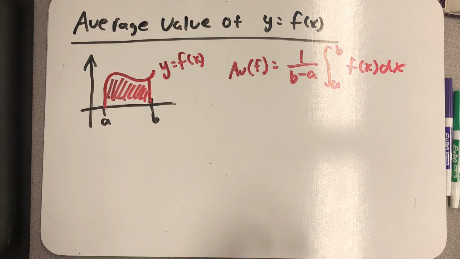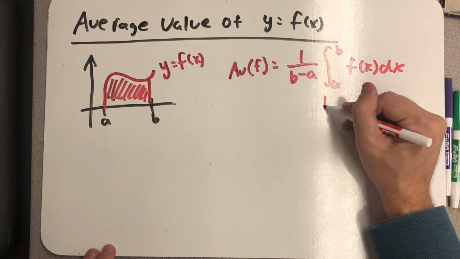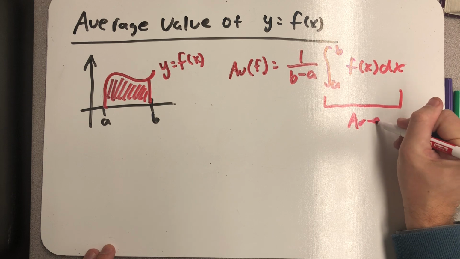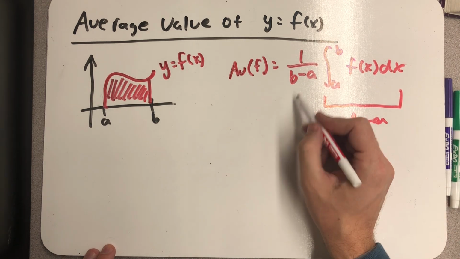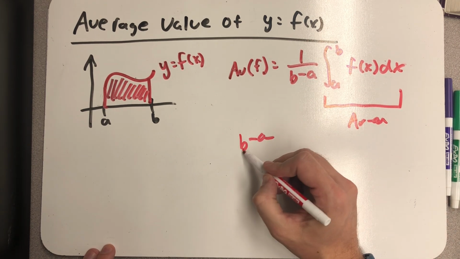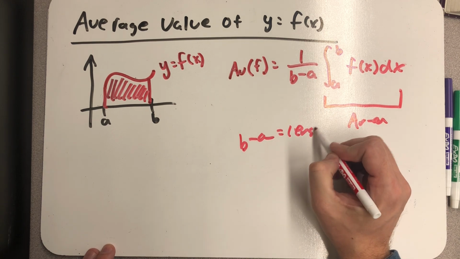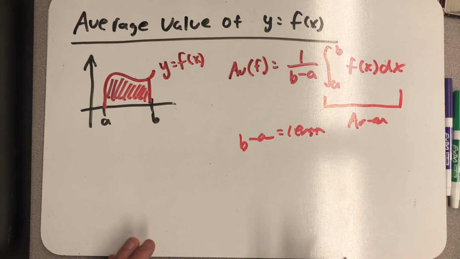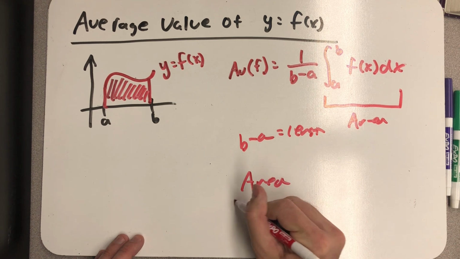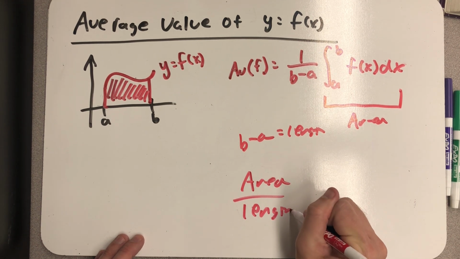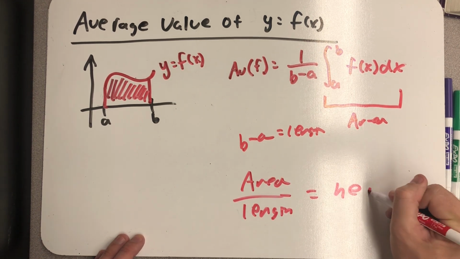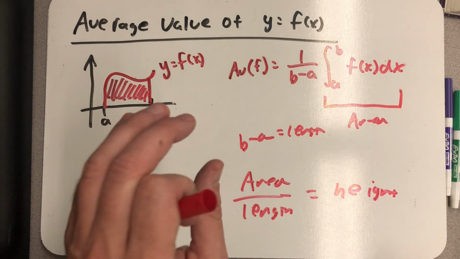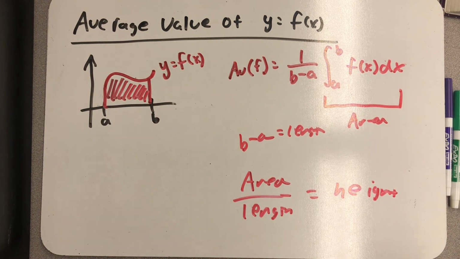So the intuitive way of looking at this is that this calculation tells me an area. This b minus a on the bottom here is a length. And so I'm taking an area and dividing it by a length. I could think about that as telling me the height of a rectangle that would have the same exact area as this function,